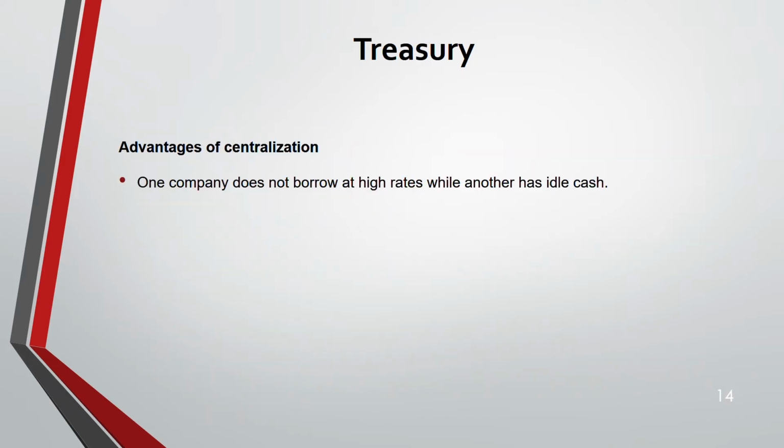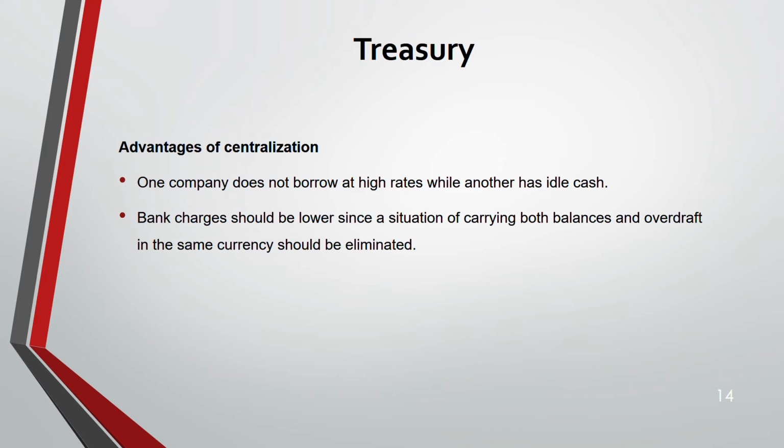Fourth advantage, one company does not borrow at a high rate while another has idle cash. All the group are treated as single. You can sometimes extract the cash from this person to that person. Wherever they're having low cash, take from the company which is high on cash. Overall rates you can reduce. Your cash will not be lying idle somewhere. It will be utilized. Then another advantage is bank charges will be lower,